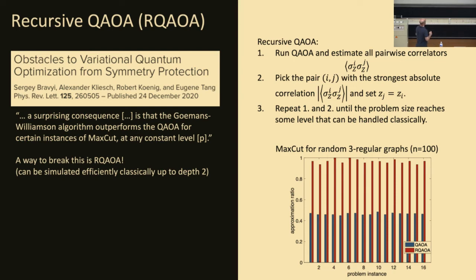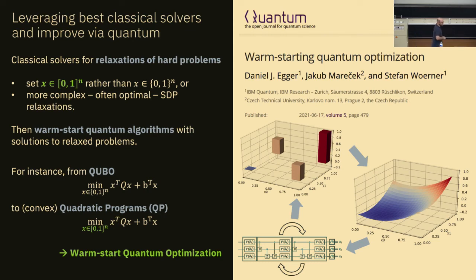All right. Now, another variant is warm starting quantum optimization. So what we do here is we take our optimization problem and we apply a solver of our choice to find good solution candidates. Can be one or multiple. And then we build a variant of QAOA that doesn't start in an equal superposition state, but we bias that state to these good candidates. And then we run QAOA. It requires changing the initial state and the mixer, but otherwise it's the same. So we are starting not with all solutions having the same probability, but we already push the system to something we believe is already going in the right direction.